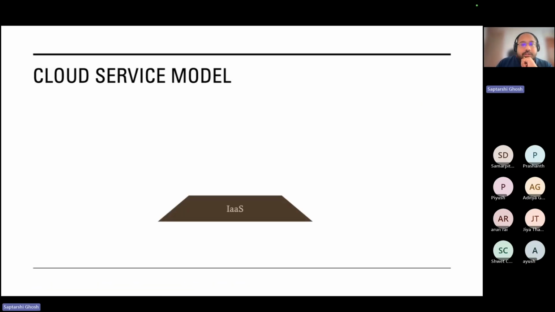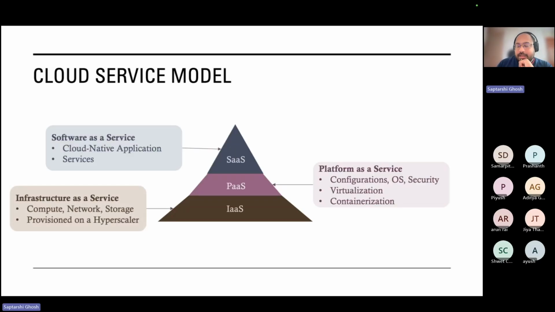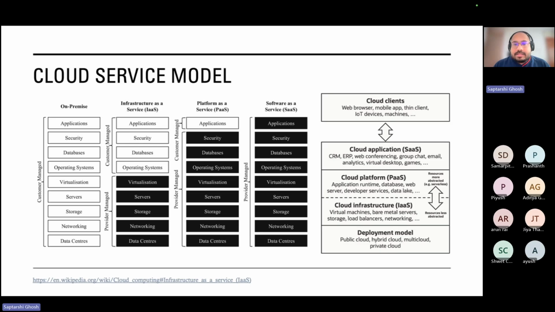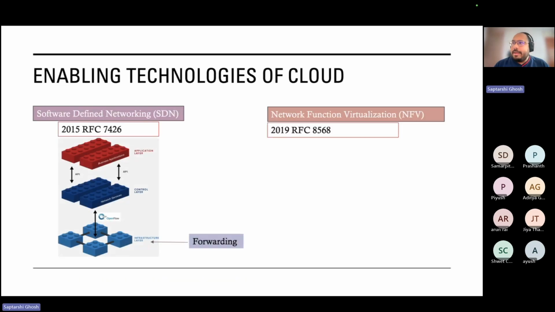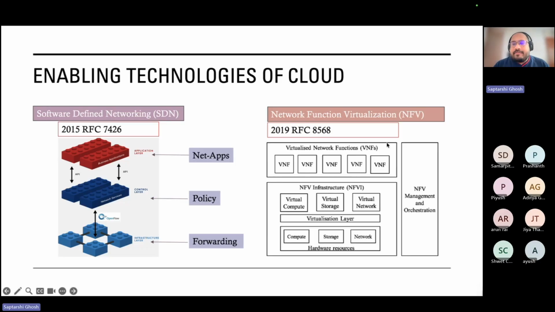Okay, so we also saw IaaS, PaaS, and SaaS, the three layers of cloud services, and what their benefits are. Then we saw the technologies that make cloud computing possible, namely SDN and NFV. We also saw that in the NFV architecture there's something called MANO, Management and Orchestration, which is standardized by ETSI. And now if we move on,